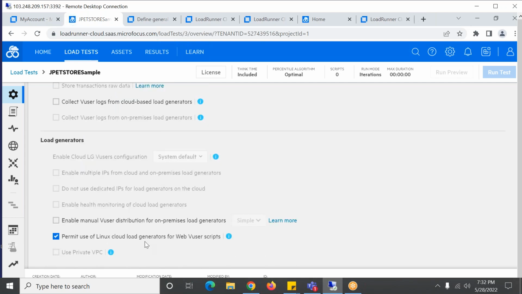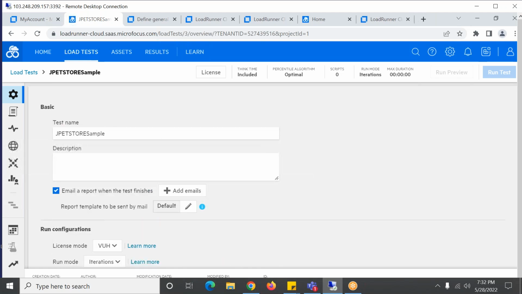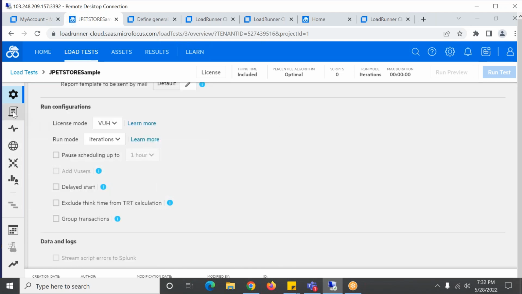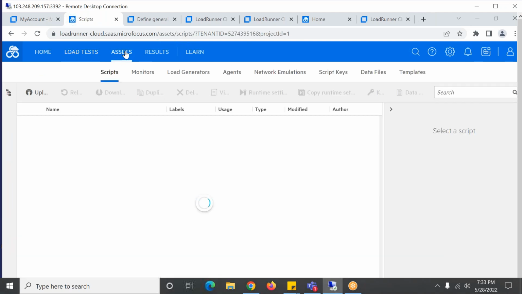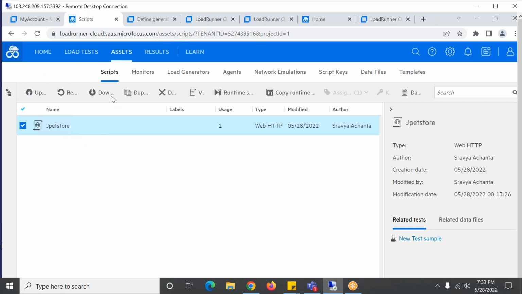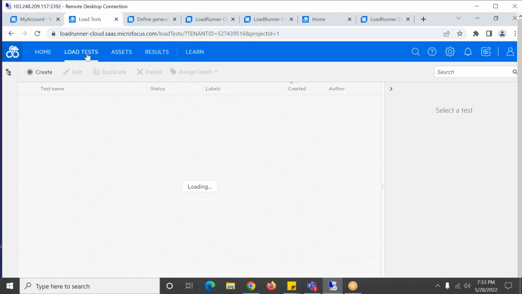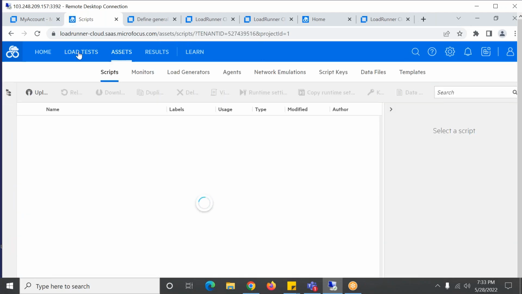These are a few options I have given, and here is where you can upload your script. This option is for assets, where my script is already placed as a JMeter script. You can upload from that.